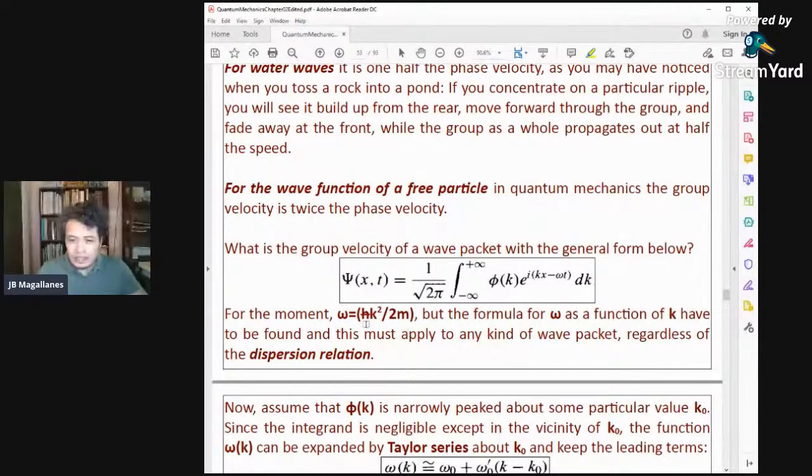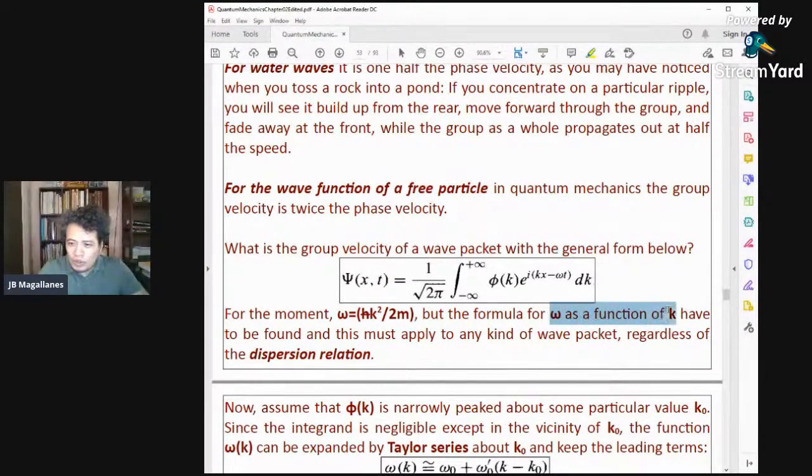So omega is associated with the energy, but if you get this square here, it's the velocity. So we are going to find a formula,